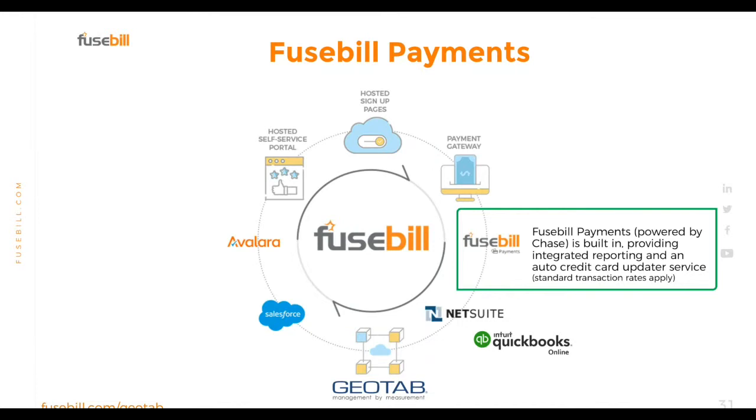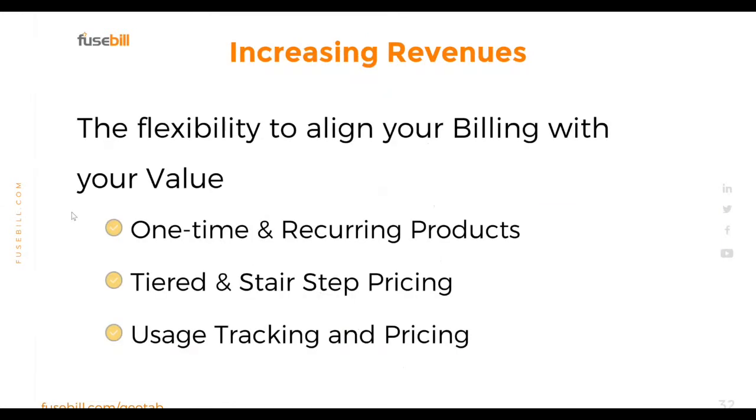So as your customers' credit cards expire, the updated expiry information comes directly from Visa and MasterCard, flows right back down into Fusebill so that those payments will be processed without having any failed payments. So that's really all the integrations and how Fusebill sits in the middle and how we integrate with all those components around there. I wanted to touch a little bit on how we help organizations, how we help resellers